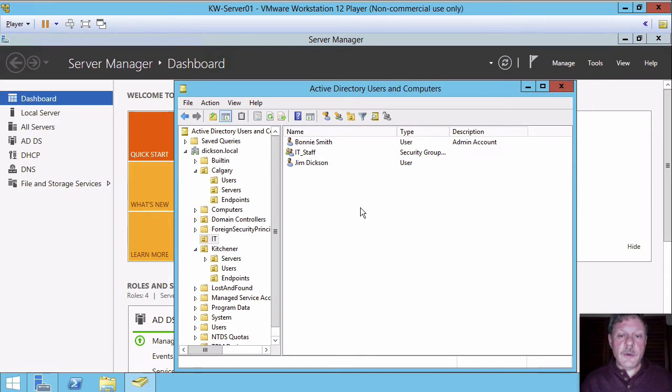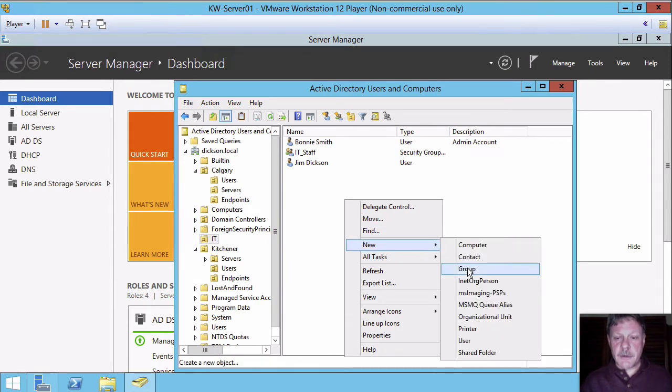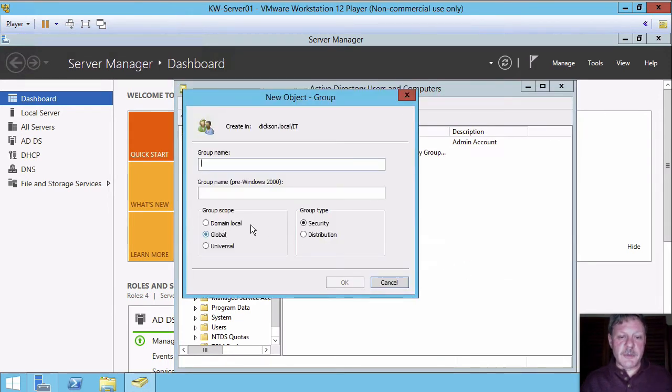Step number 3, we want service desk staff global groups for roles, and we're going to have junior, intermediate, and senior. So remember we said that we're going to want a different security group for each one of the different roles that our staff are going to have. So I'll start off by right-clicking in the IT organizational unit. I'll say new group. This is going to be a global security group, and we're going to call this service